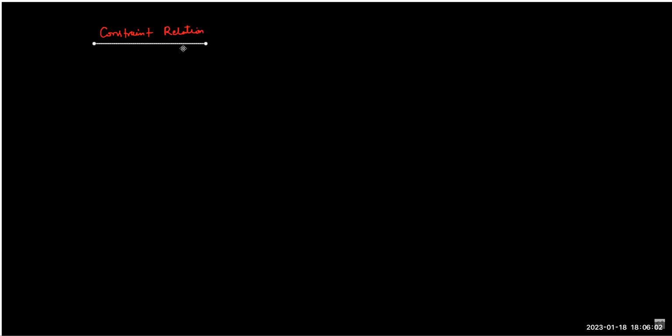So they say if I give you a rope which you and your friend are holding together, what do you think? Can you move independently, or do you have to move in a constrained or restricted way? Constraint here means the restricted way of motion. So when you hold a rope, how will your motion be? Assuming the rope is taut always. What do you think? A restricted motion. So it means your motion and the motion of the person holding the rope cannot be independent, right?